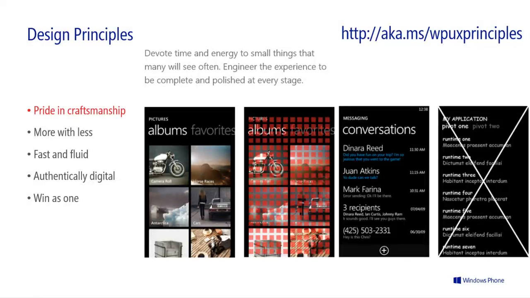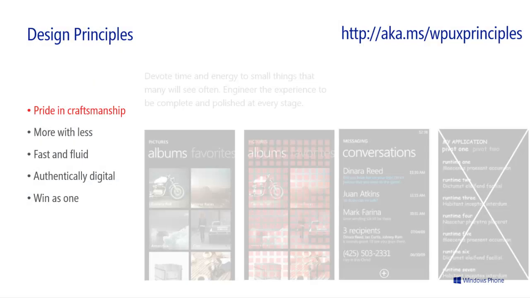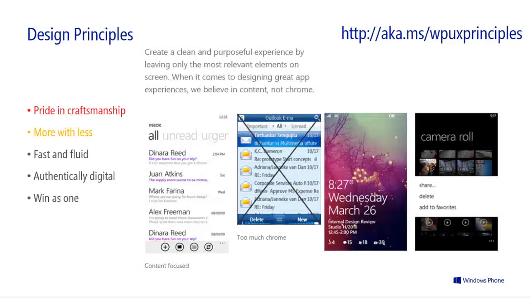And we now ship, you'll see these red boxes there in the second screen, that's now a grid that ships in every one of our project templates. You can just uncomment it and see it. That's an alignment grid that we recommend you align the controls on your page against in order to create a look and feel that aligns to the look and feel that we use in our applications. And I can show you where that is in the template. More with less is about reducing what's on the screen, having less chrome. Content, not chrome, is another way to put it.